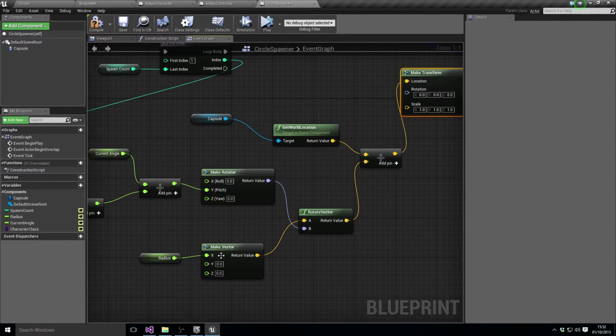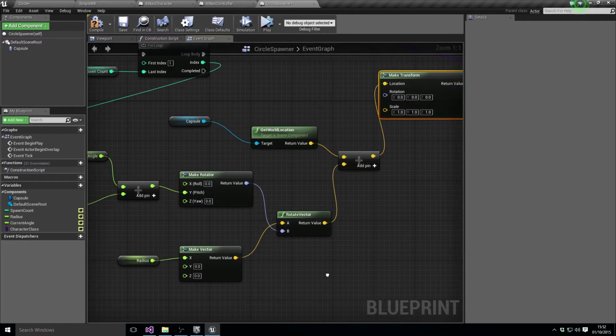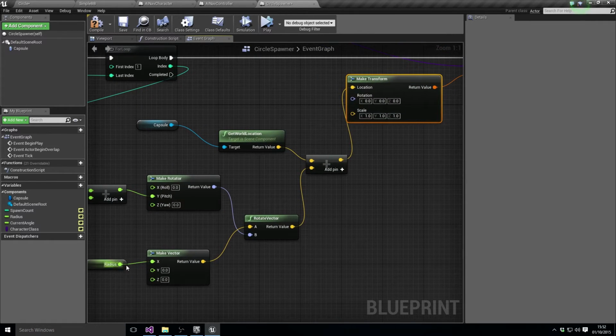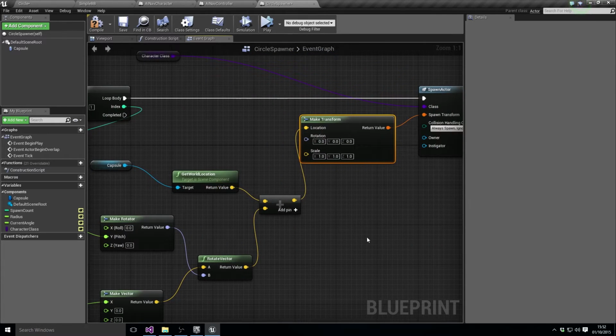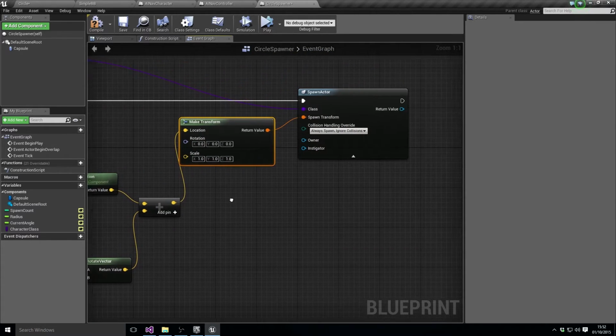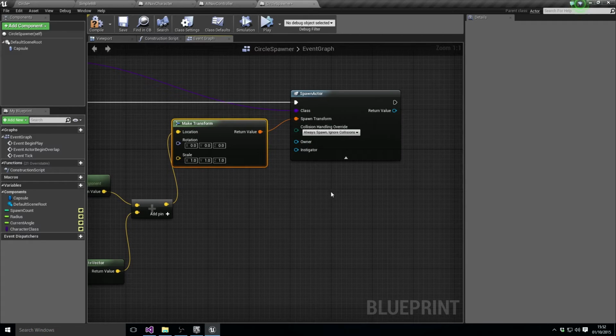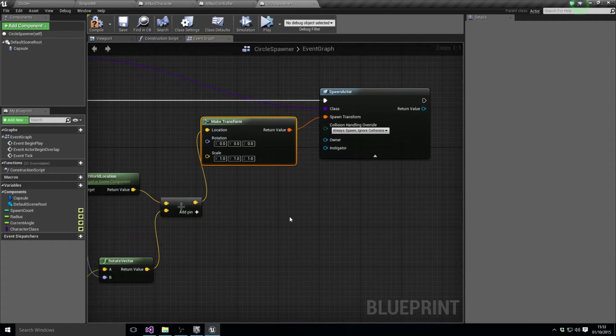That rotator is going to rotate a unit vector, which is as big as our radius, and we're going to add that vector onto our current location of the spawning object. So what that means is it's going to create points on a circle relative to the location of the capsule, based on the index of the thing to be spawned. Once we've done that, we can actually spawn the actor,